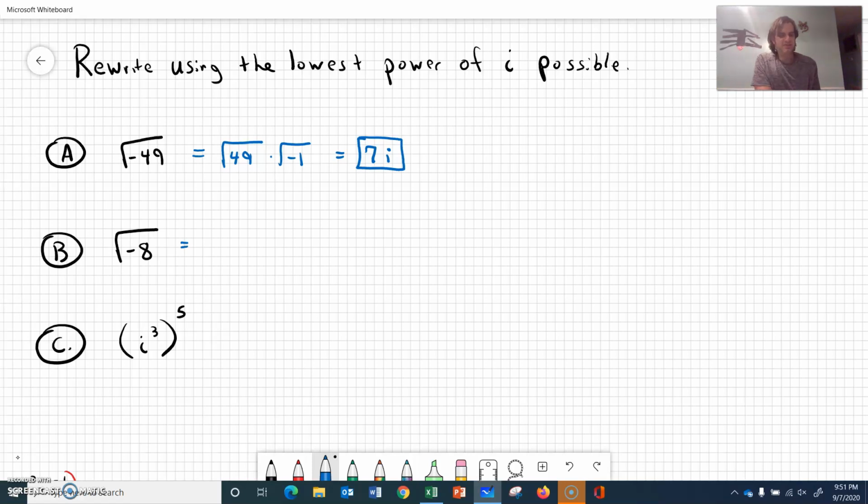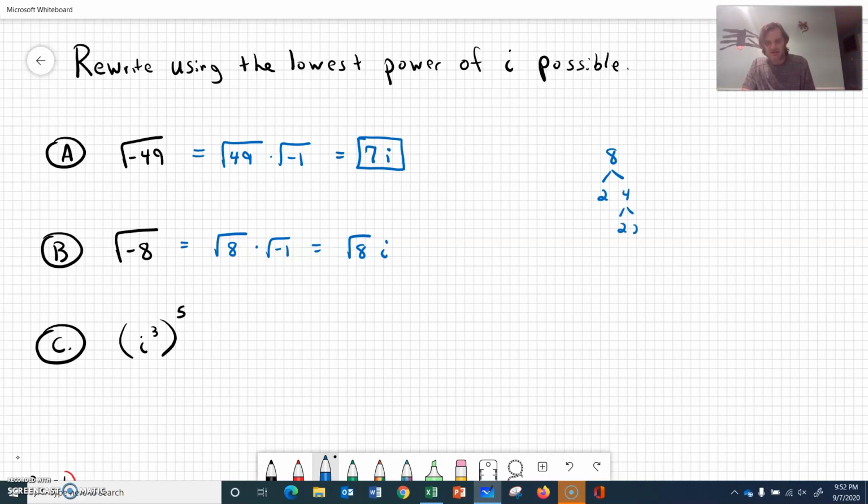The second one, B, is the square root of negative 8. We will separate that into the square root of 8 times the square root of negative 1, which we can rewrite as the square root of 8 with i on the outside, but we also remember that 8 is 2 times 4,